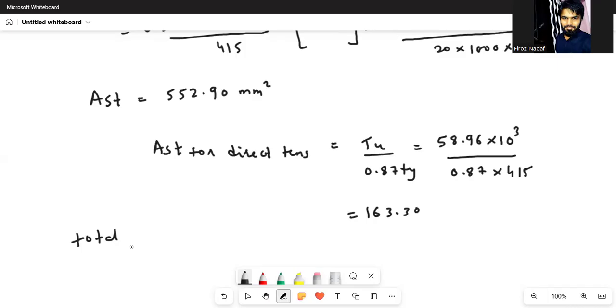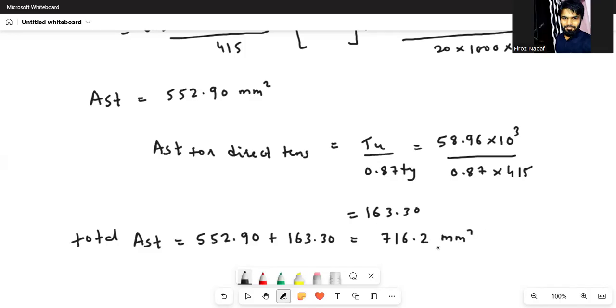Okay, and total AST we have calculated at the corner with respect to the bending moment, and after that we have calculated AST for the direct tension. And what is our point? The point is that we need to have the total AST of bending moment plus AST of direct tension. Okay, so total AST. This is for the corners. We have not yet come to the midspan. This is for the corner. 552.90 plus 163.30. The total AST that we are getting is 716.2